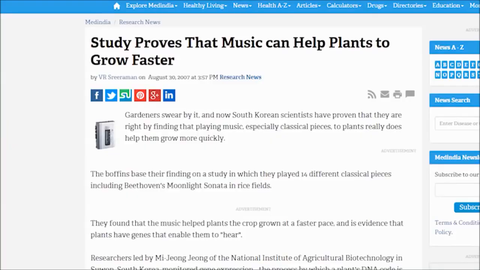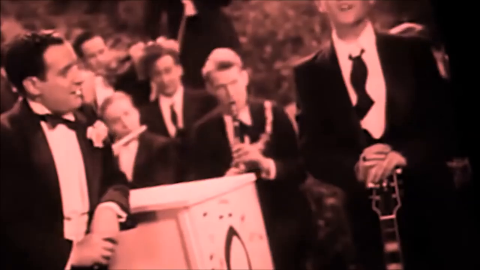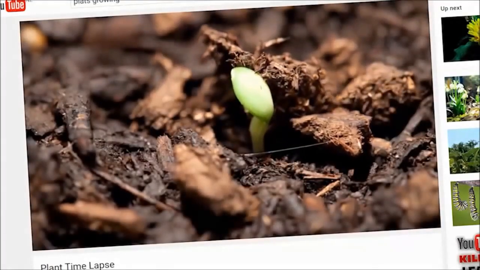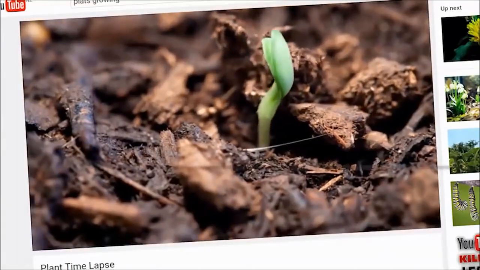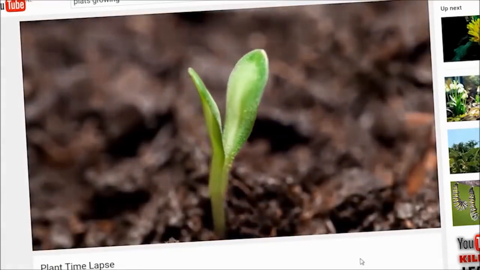Now, to be fair, there's not much study in relation to the 440 band versus the 432 band or frequency in regards to the effect on plants. There's only a relationship between classical music and plant growth. However, there was a study that took place in the National Institute of Biotechnology in South Korea, which monitored the effect of frequencies on plants, and none less than DNA, and it showed that there was a relationship between 125 Hz and 250 Hz, which showed in essence the pretty amazing fact that these frequencies actually directly affected plant